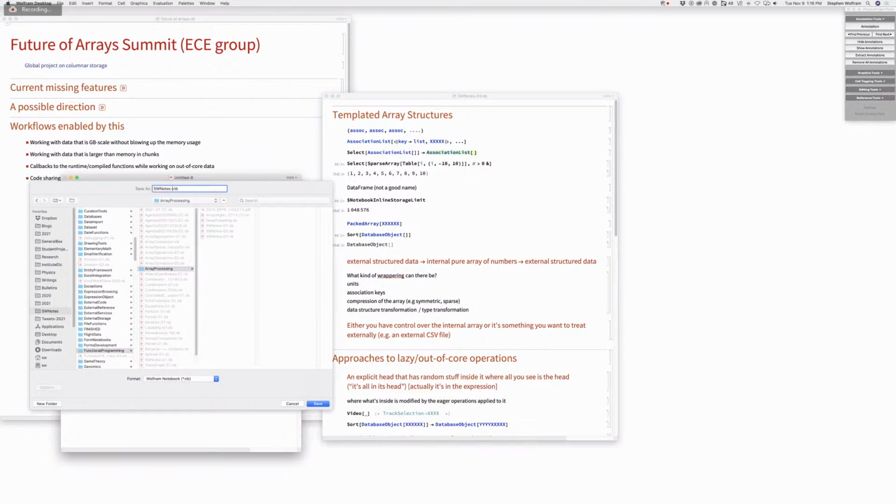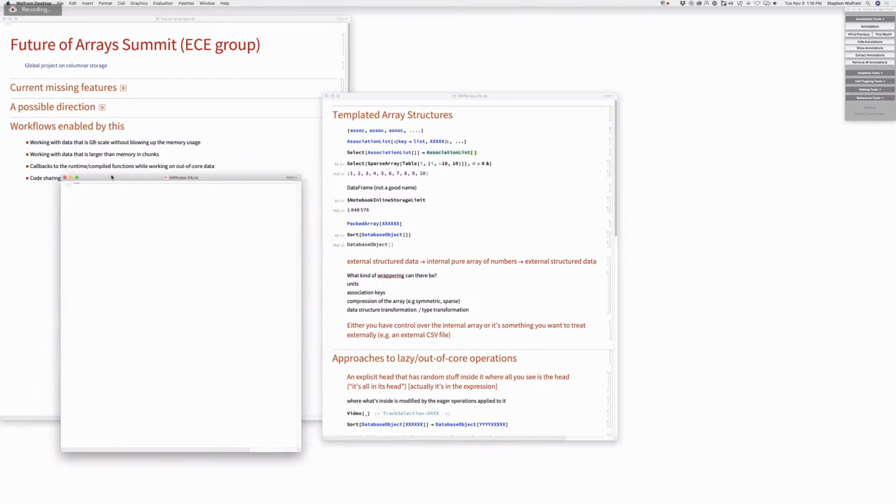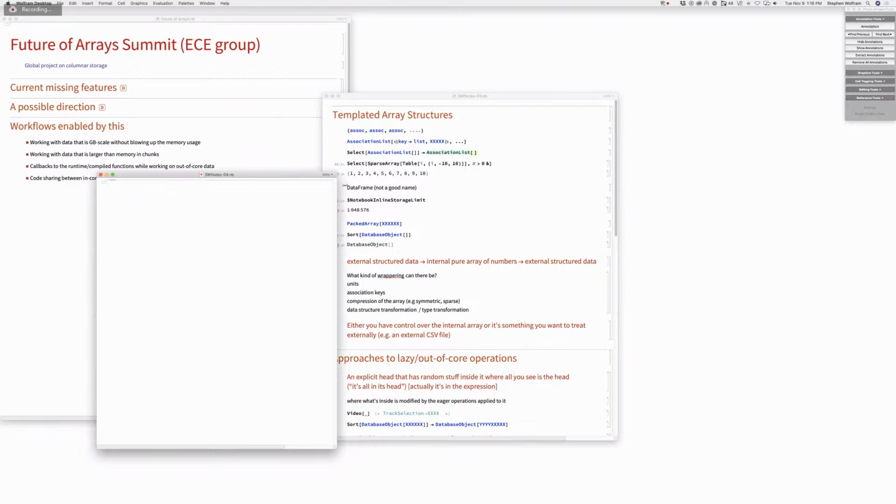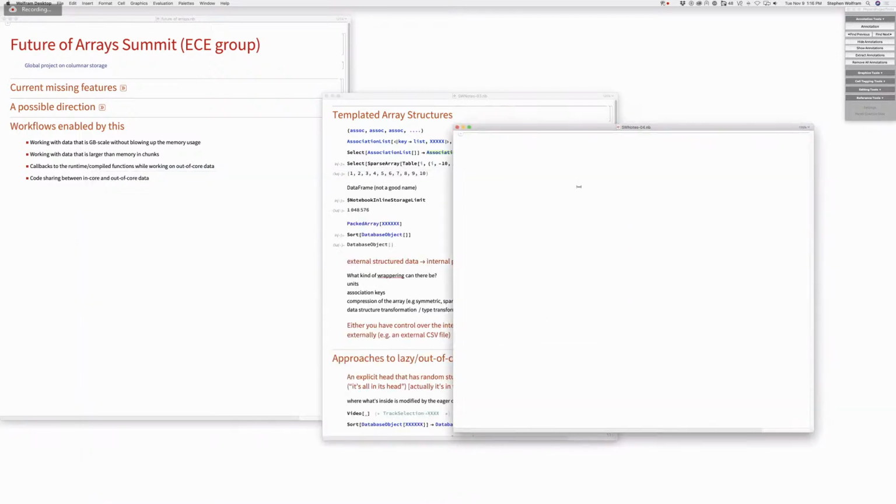So the way I see it, there are a few core issues that we're dealing with here. Okay, let's make a list of core issues. Core issue number one is accessing